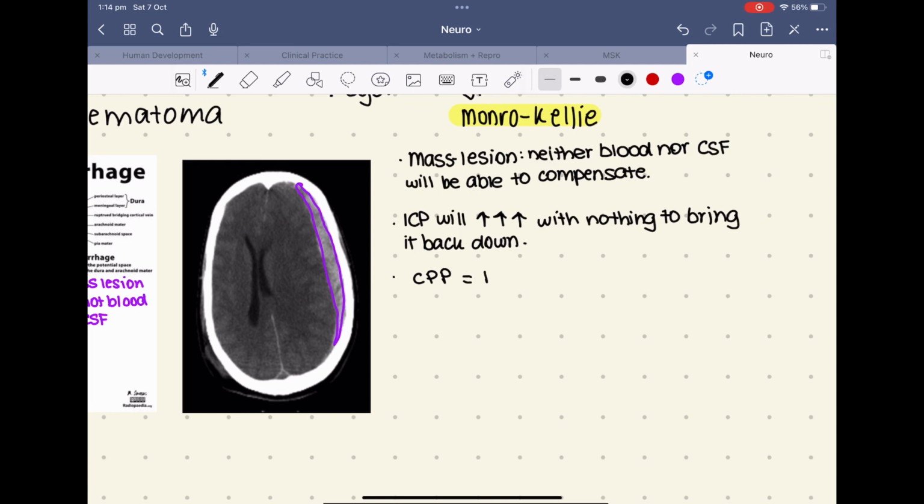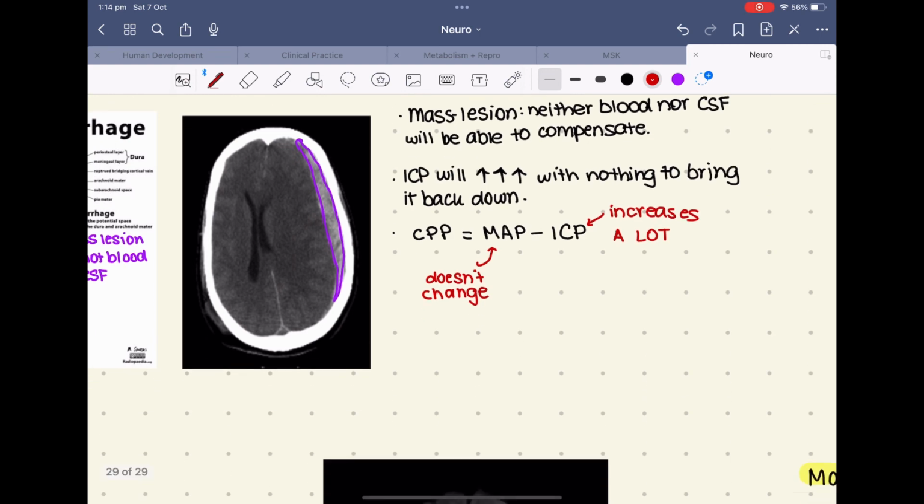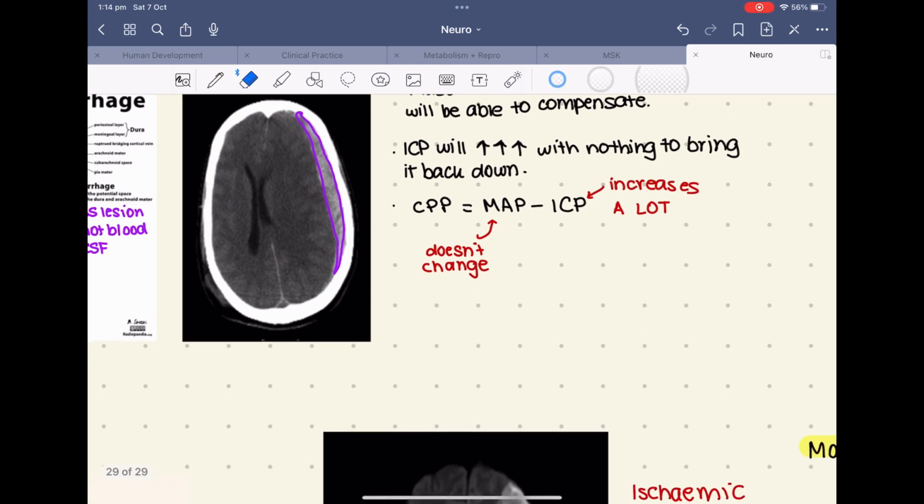As a result, you'll see I've written down our key equation again. Cerebral perfusion pressure equals mean arterial pressure minus intracranial pressure. If we have no change in mean arterial pressure and a large increase in intracranial pressure, think about what this means for the subtraction. If you're taking a number that doesn't change and subtracting a greater number from that, the total will be smaller. Therefore, cerebral perfusion pressure